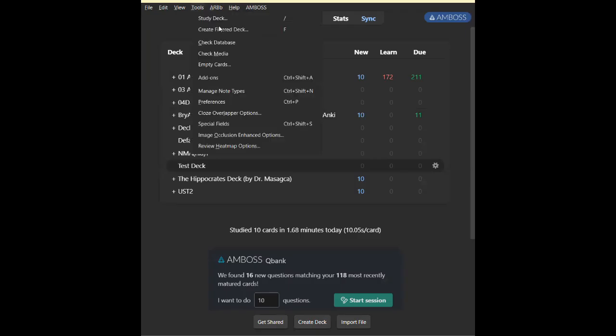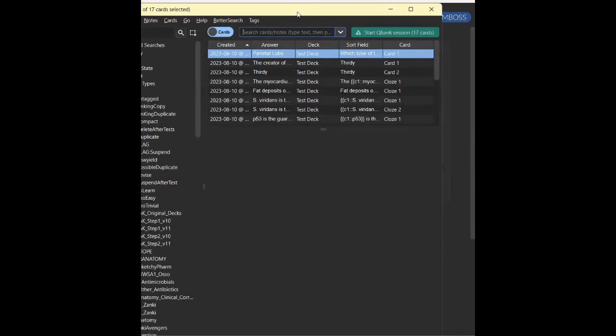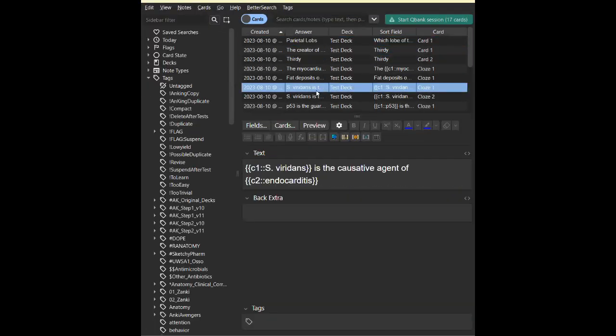Sometimes when you create a card with multiple clozes, you add that card so that you've already created as many cards as the clozes you had. And then you change your mind. Oh no. Instead of there being 5 clozes, 1, 2, 3, 4, 5, I want them all to appear at the same time. So what you would do is go back to that card.